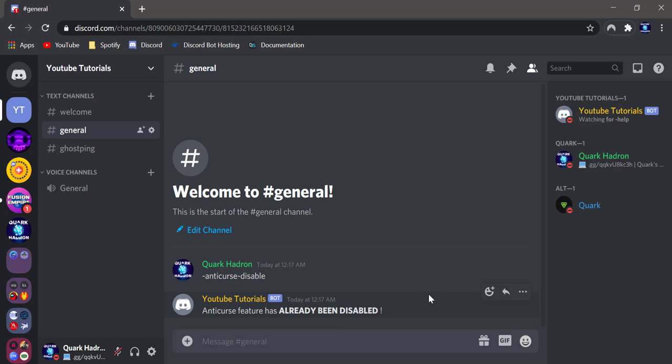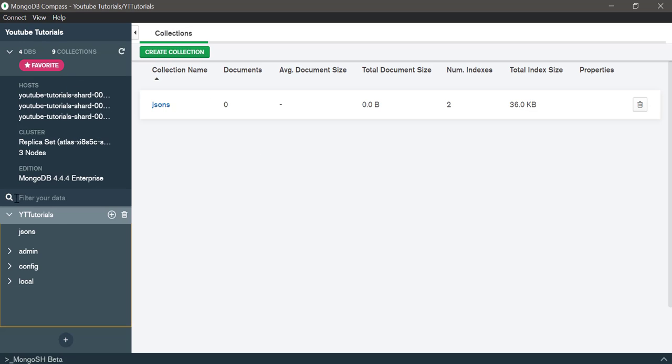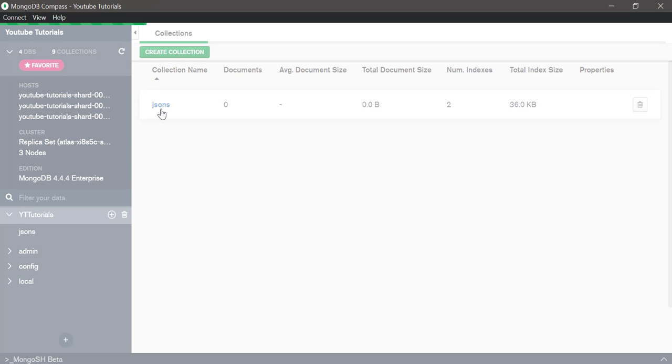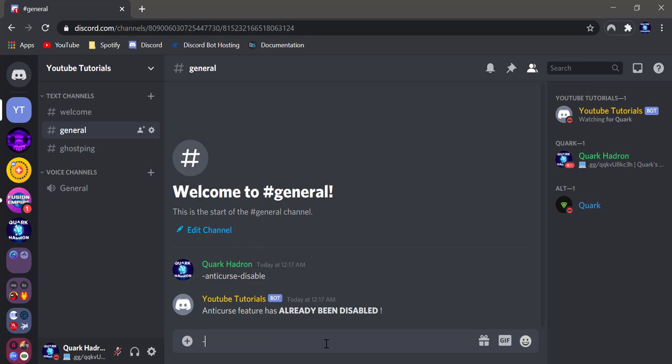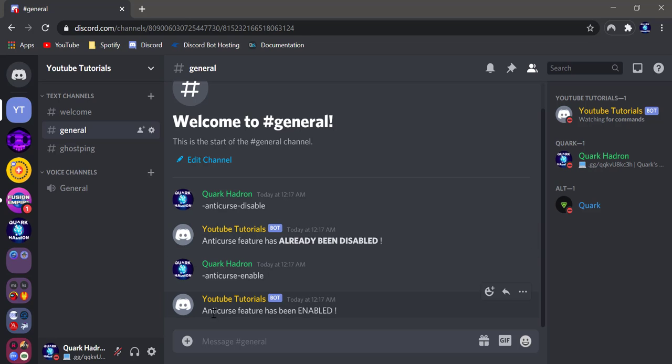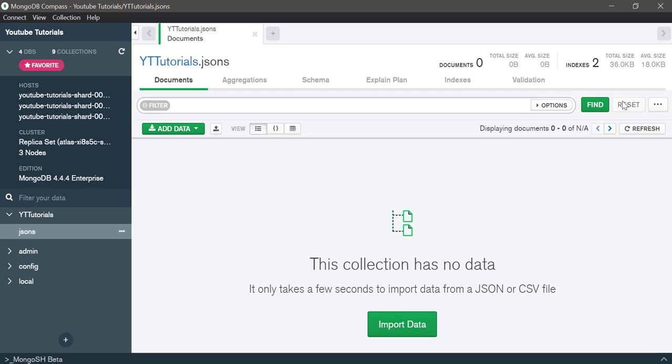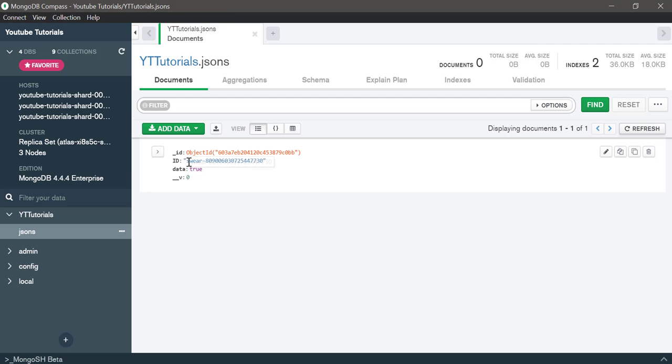Anticurse has already been disabled because if you look at the database here, let me refresh it. In JSON, there's nothing, but if we do Anticurse enable, Anticurse feature has been enabled, and if you look at the database, it will save our guild ID,